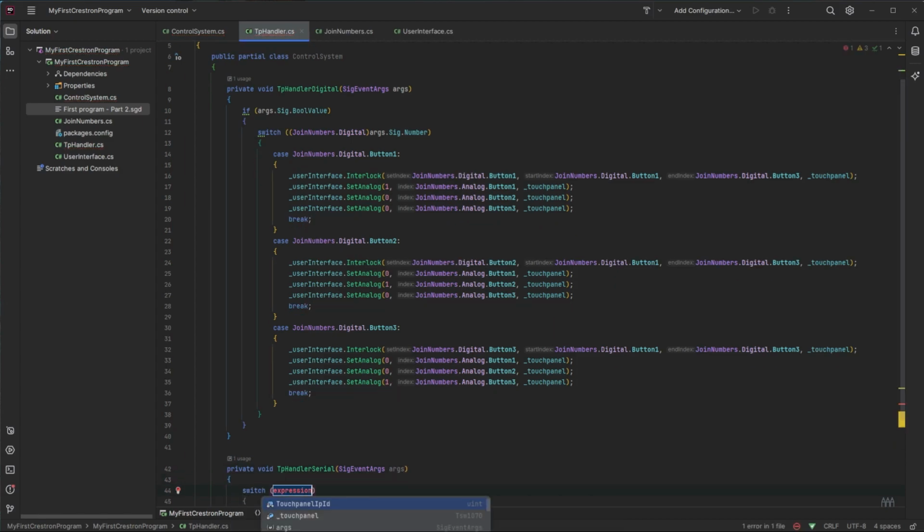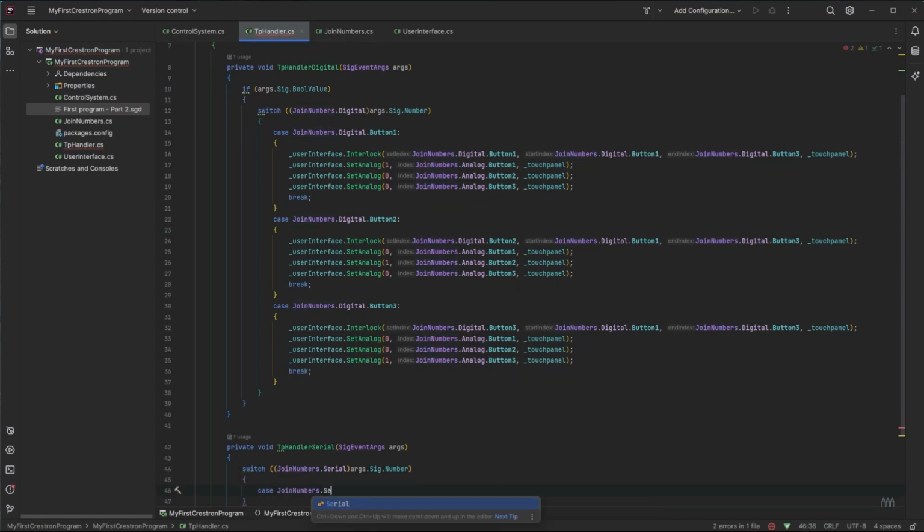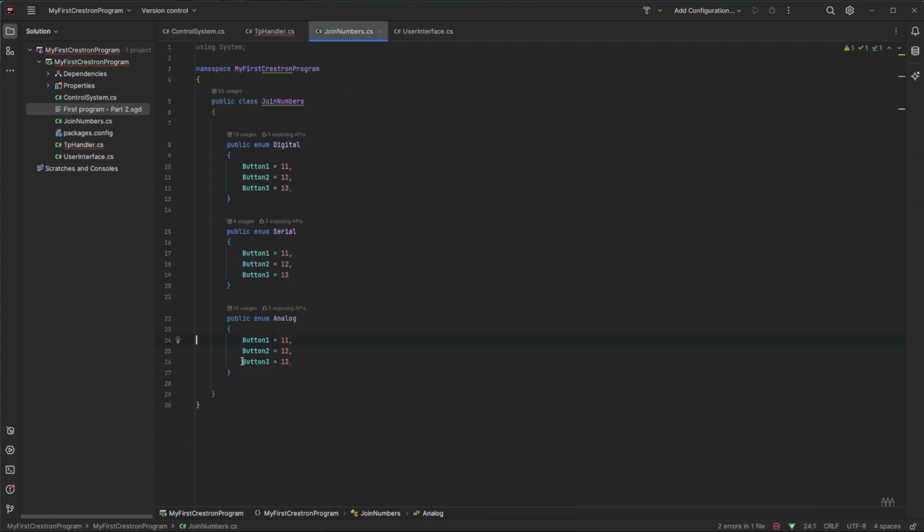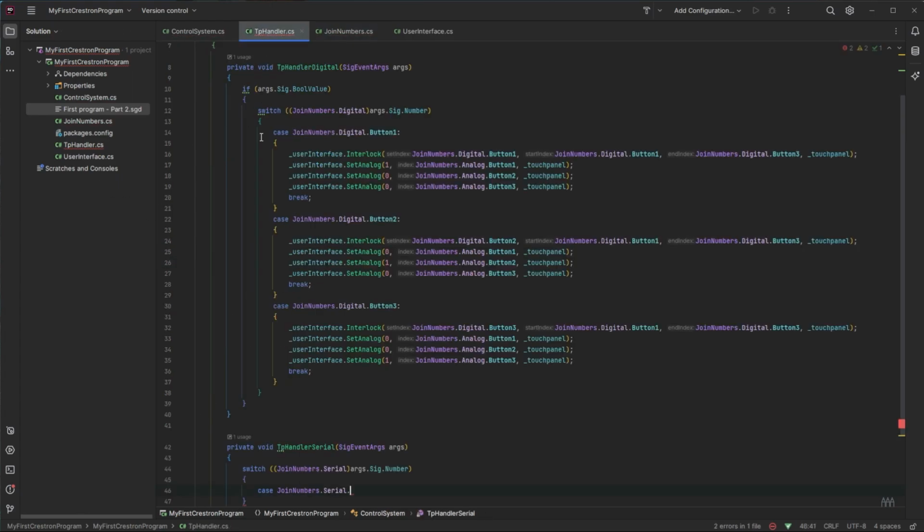And now we need to add a switch statement, which will check for what signal has been triggered on our touch panel. So we know it's going to be a serial, so I need to go back to my join number class, and in the enum serial I will add a text entry, which is going to equal 1, which is our join number on our touch panel file. So I'll add that in,